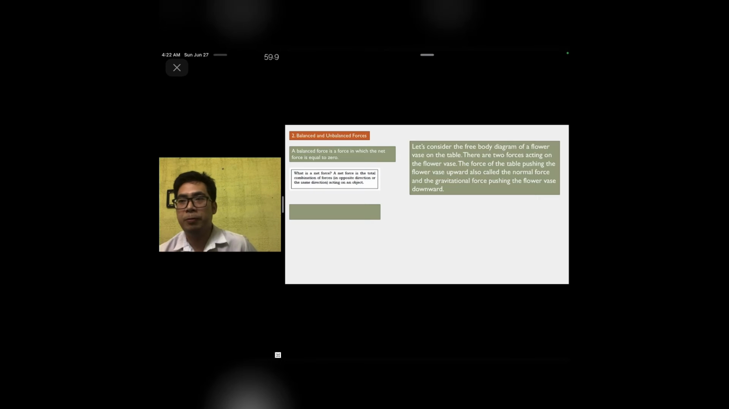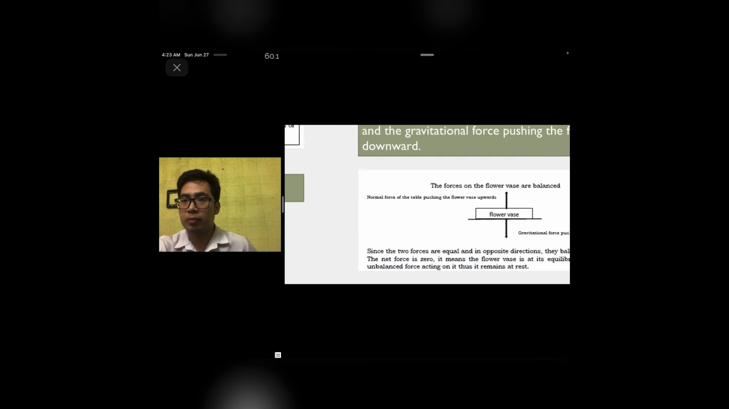So let's consider the free body diagram of a flower vase on the table. There are two forces acting on the flower vase. The force of the table pushing the flower vase upward is called the normal force, and the gravitational force pushes the flower vase downward. So, ipinaliwanag dito,